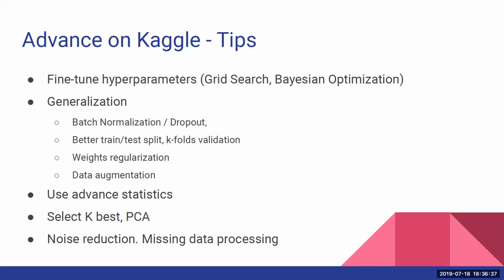So it does not improve your score, but it helps you make a prototype much faster. Once you see that your score is improved on the prototype, you can probably rent some resources in the cloud and make the whole solution running without PCA. Noise reduction helps quite a bit sometimes. It depends on the task, as well as the data processing, missing data processing.